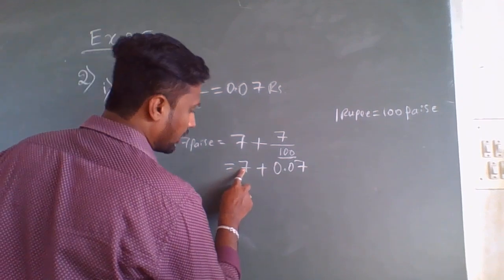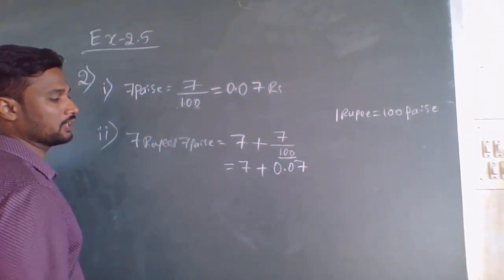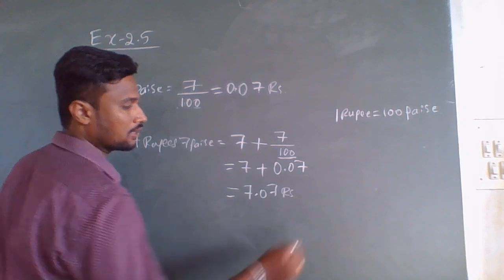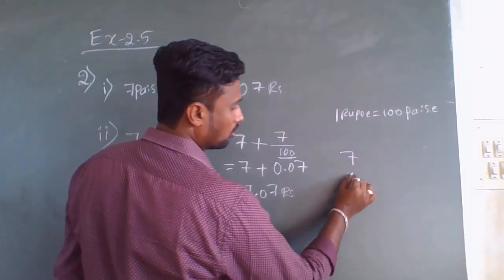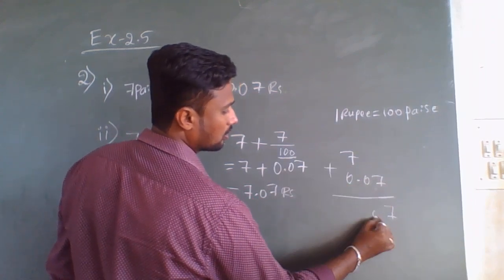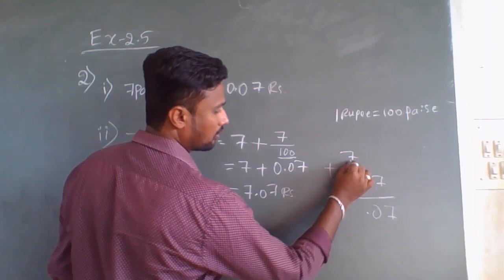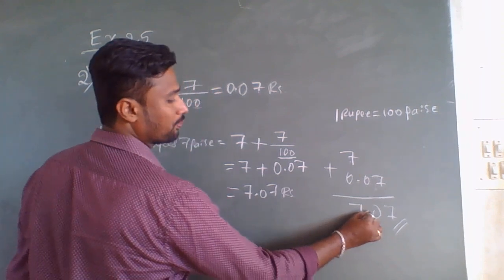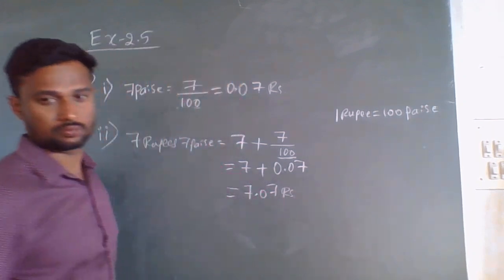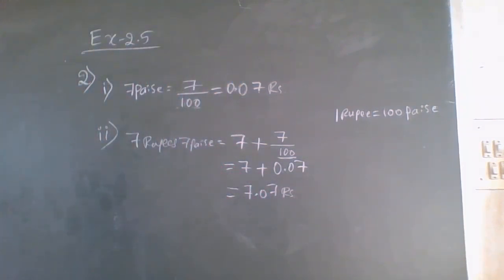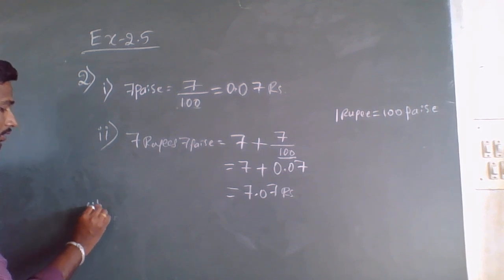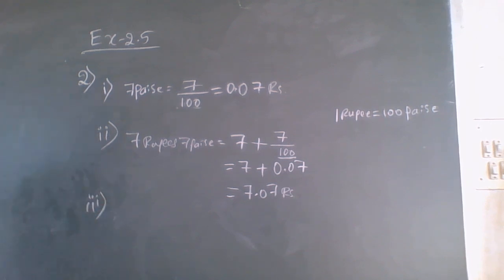Now when you add 7 plus 0.07, what you will get? 7.07 rupees. 7 plus 0.07: 7 plus 0 means 7, and after the decimal point 07. So we got 7.07. Okay. Now we will see another problem. Here they have given 77 rupees